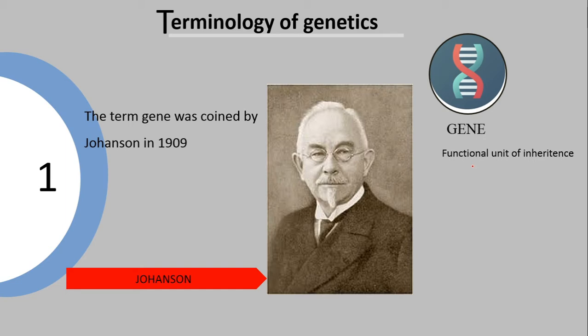So, gene is a functional unit of inheritance. It means, as per Mendelian concept, the pair of factors that control a particular character is called gene. For example, the trait of plant is tall. The tallness of plant codes capital T and capital T, whereas the trait of plant dwarf codes small t, small t. So, as per molecular concept, gene is defined as a segment of DNA that codes for a particular